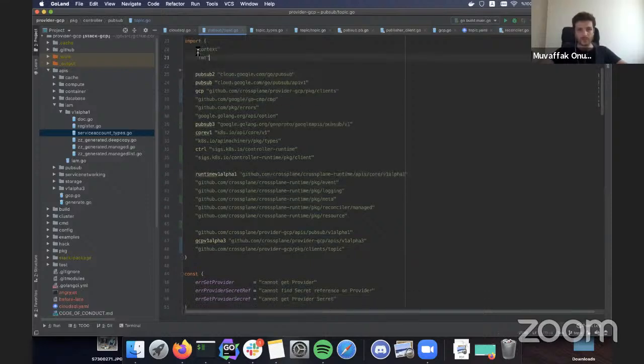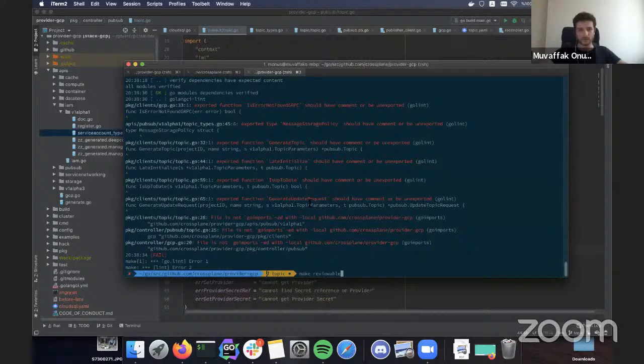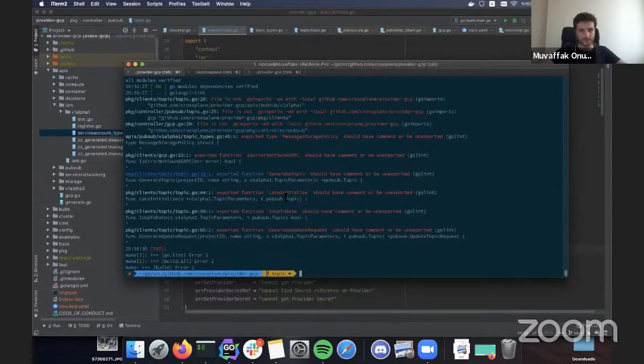So it's standard, third party, same organization, and the same repository. So now it's not going to say that it is bad.